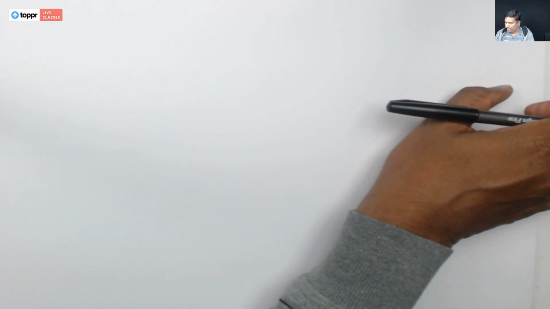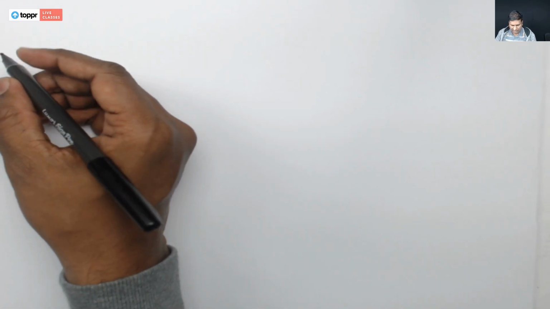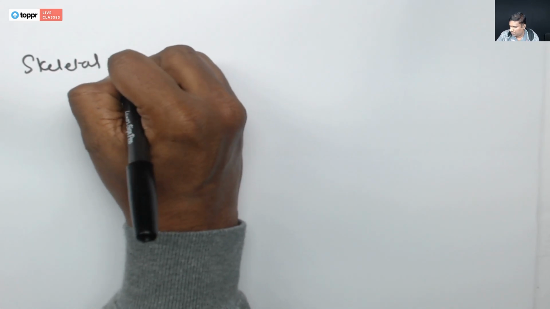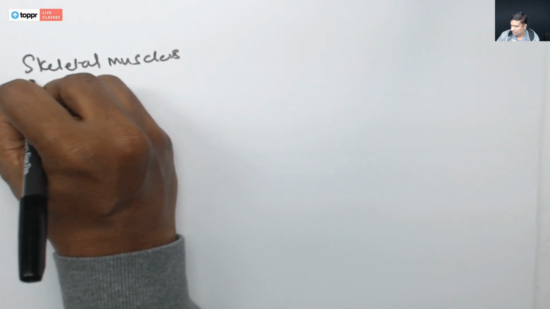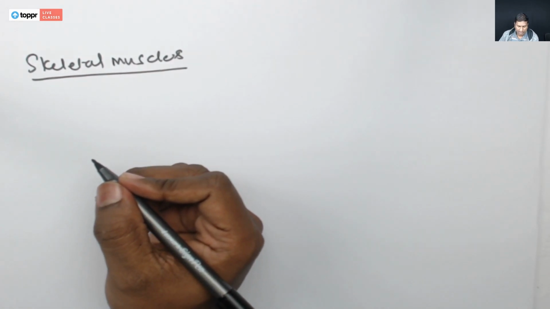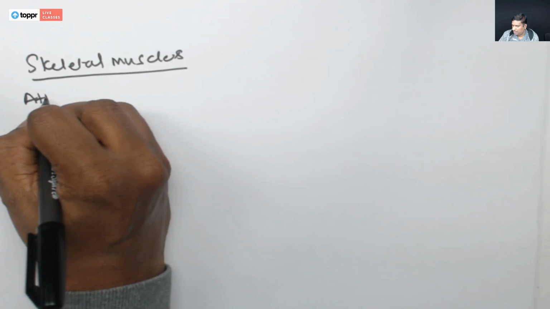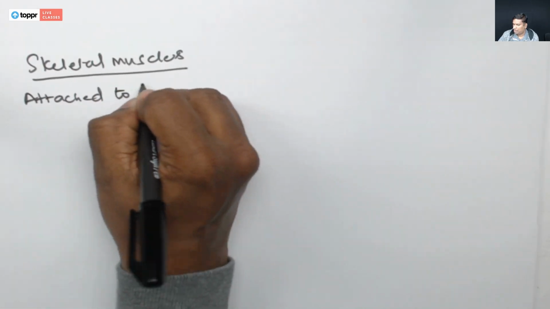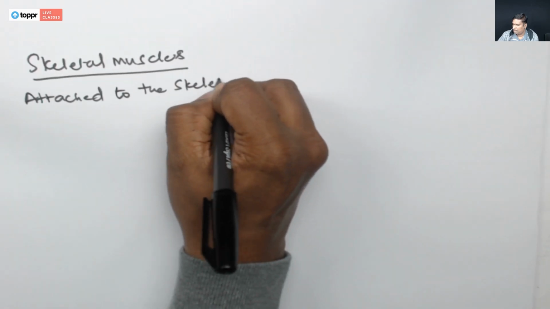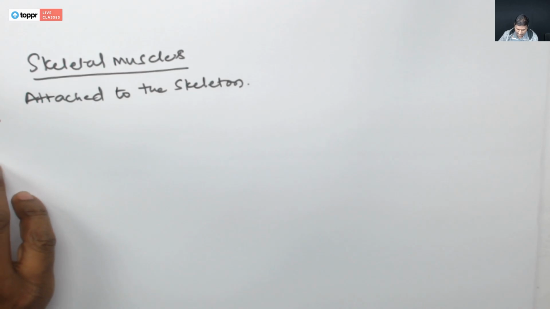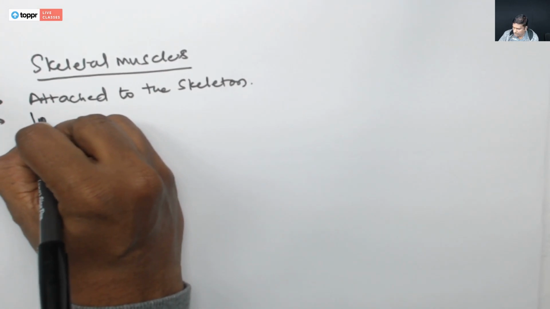What are their characteristics? How are these muscles different from each other? We'll quickly look at that. First we'll look at the skeletal muscles. Like I said, these are attached to the skeleton, and they are usually long,